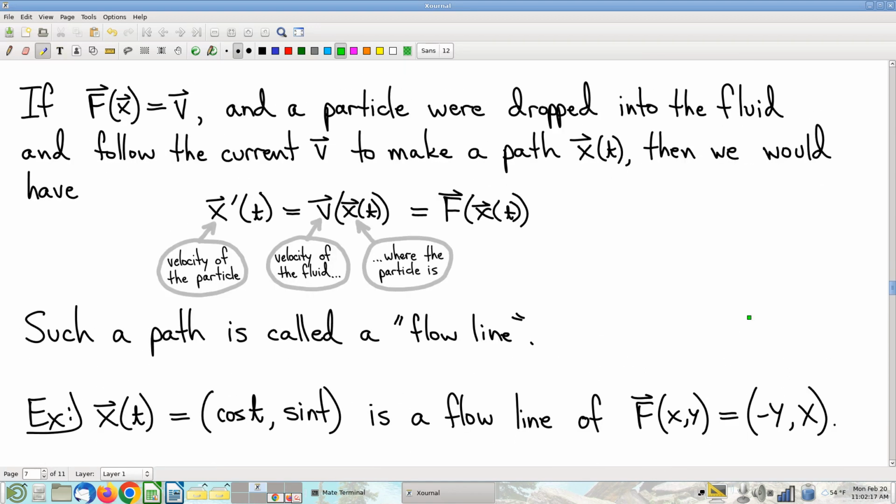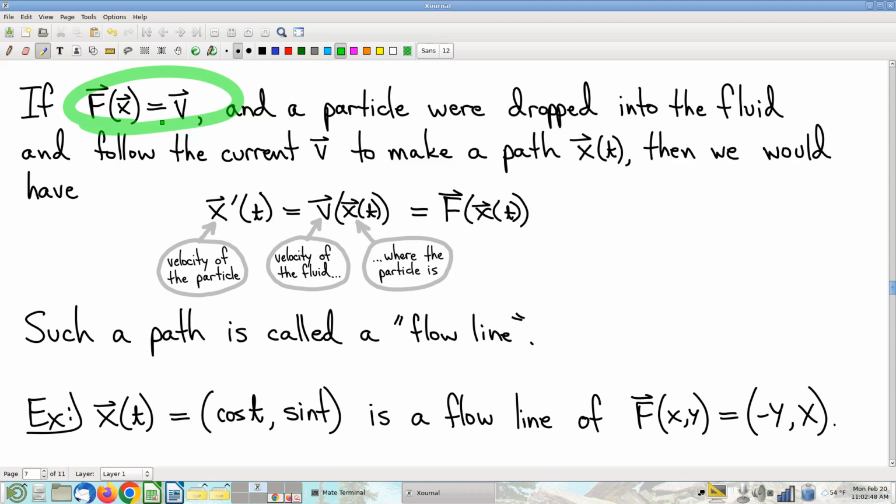So the next thing I want to talk about is just a definition that needs to get made. It's that of something called a flow line. It's a very natural concept. If you have a vector field representing the flow of a fluid, let's momentarily think of the fluid as being represented by way of its velocity. Forget about density. This doesn't have anything to do with what we're doing here. And so, the vector field represents the velocity of the fluid.